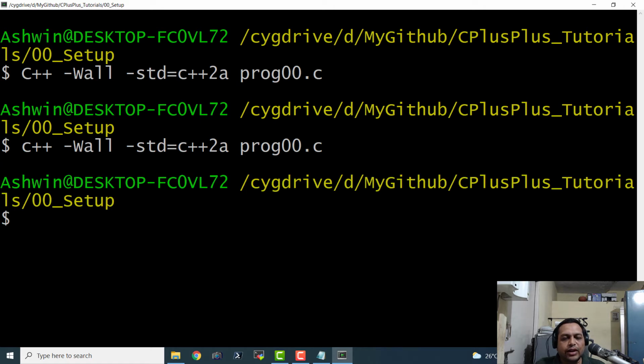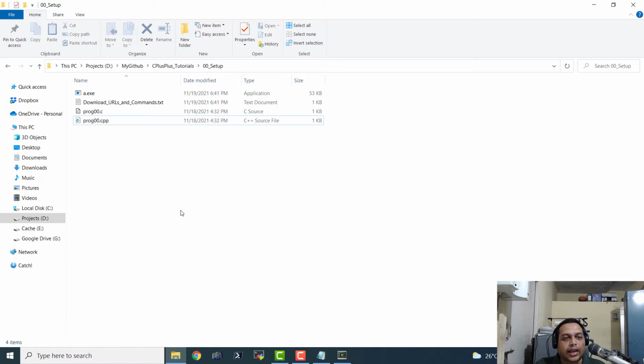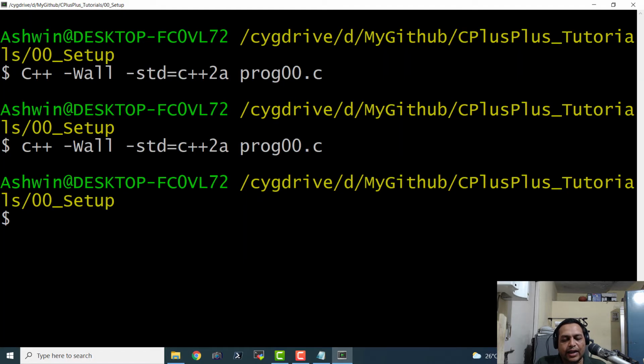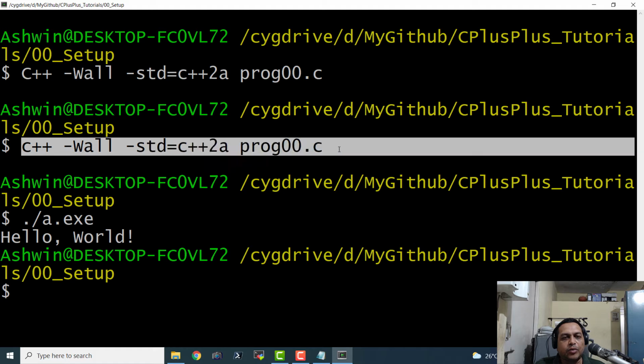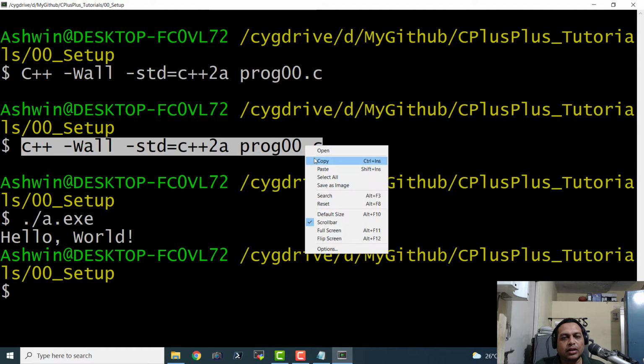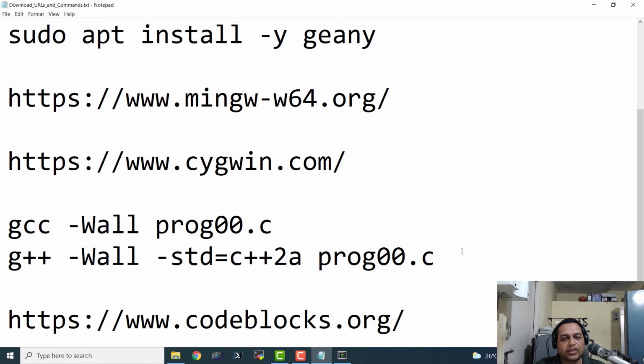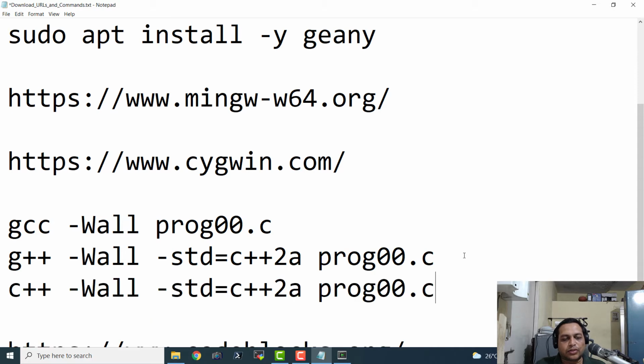So it must have generated an exe file, a.exe, and we can just run that ./a.exe, and it is able to execute that program and print hello world for us in this directory. So I will just go ahead and copy this and paste it here so that you can use it for your further reference.